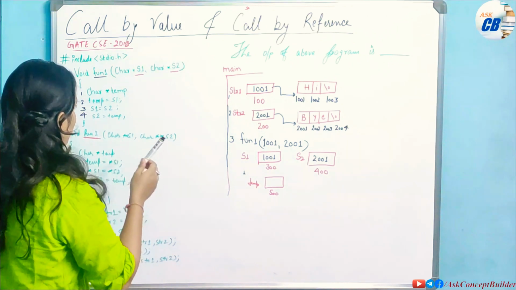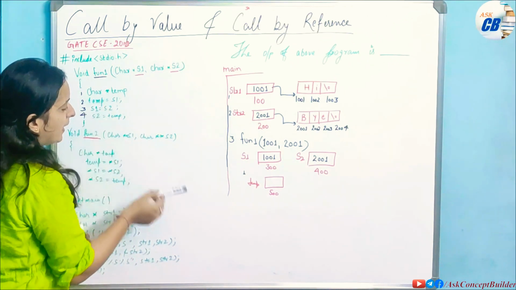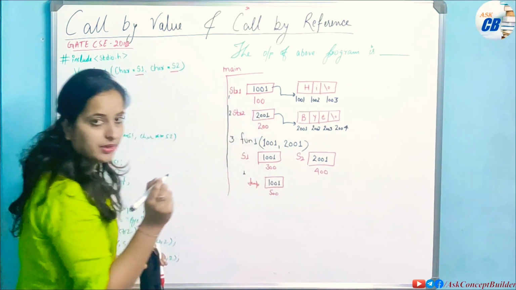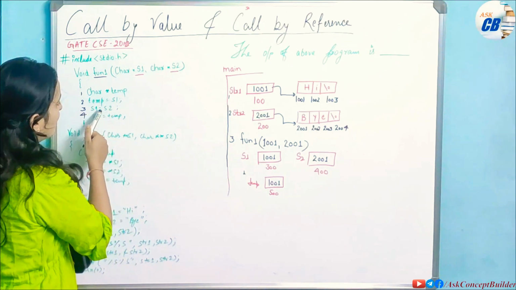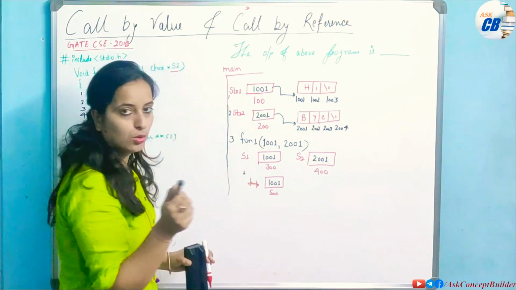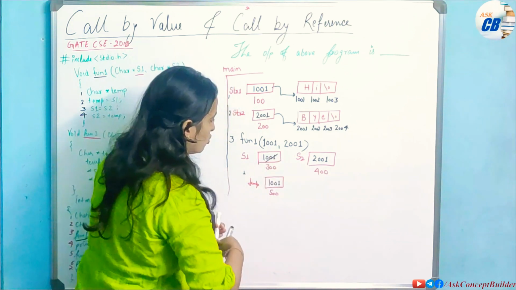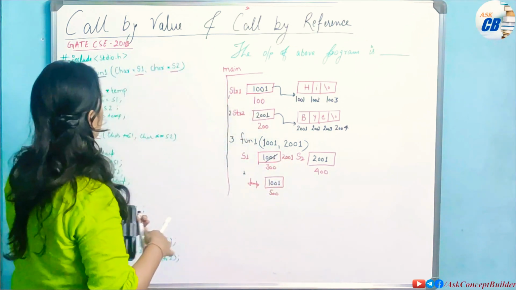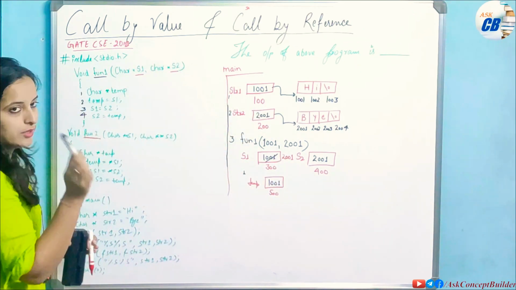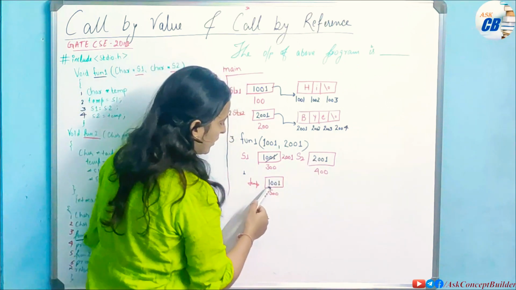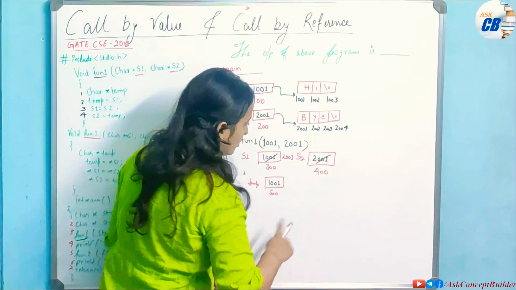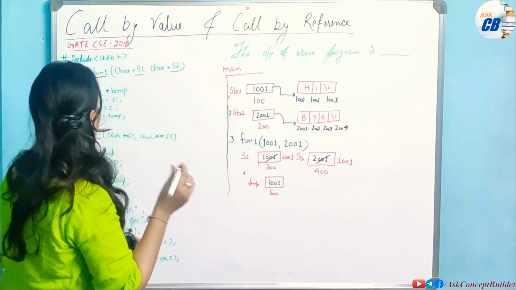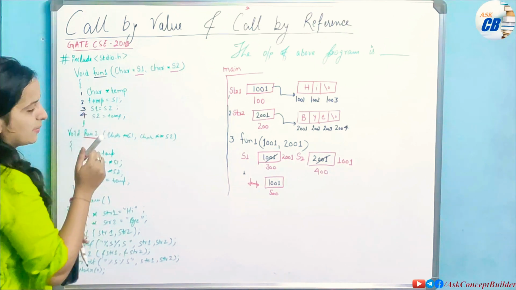Now see what it is doing there: temp equals s1. Now temp is getting the value of s1, so s1 is your 1001, so temp will store the value 1001. Fine. Now second step, s1 equals s2. Now in your s1 you have to put the value of s2, so s2 value is 2001, so you will have 2001 in s1 now. And now the third step is S2 equals temp. Now in S2 you have to store the value of temp. So temp value is your 1001. So 2001 is replaced with your 1001. So these 4 steps are completed.